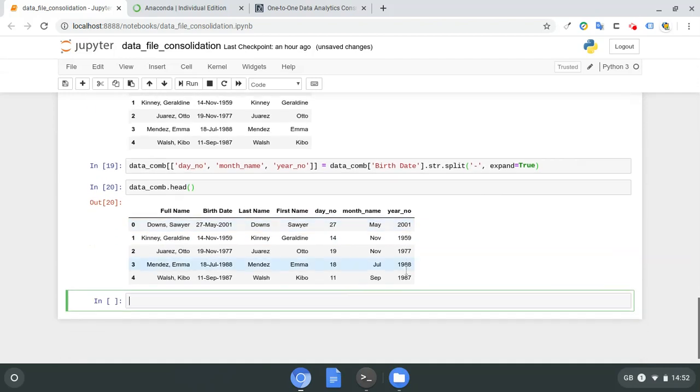Okay. Now what we want to do is take that month name and translate the name, or the abbreviation of the name of the month, to its numerical equivalent. Now, if this was Excel, one way of doing that would be to use a VLOOKUP. So you'd create a table, maybe on a separate spreadsheet, with two columns. One column will be month name,